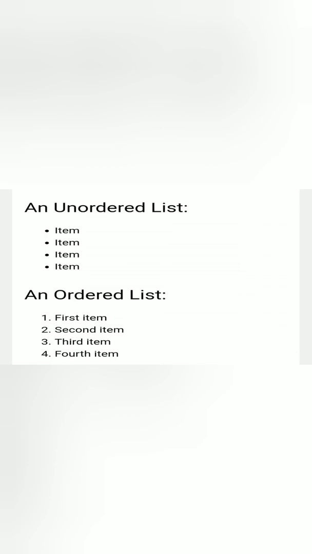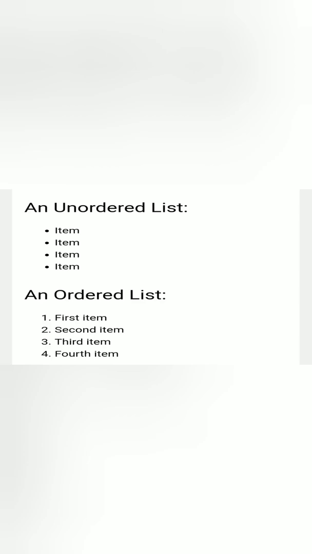Yes students, so next is list. What is a list? HTML supports various elements to create a list for displaying items in a specific order. A list is a great way of organizing data on your website. It can be defined in different styles. You can add a number or bullet before each item to make them look more organized.